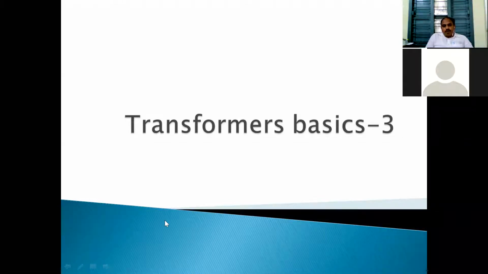Today I will explain the basics of the transformer and its working principle and construction. What is the purpose of the transformer? A transformer is used for increasing or decreasing voltage levels. Simultaneously, current levels decrease and increase. If voltage levels are increased, current levels decrease. The transformer is an AC device and operates on alternating current only.